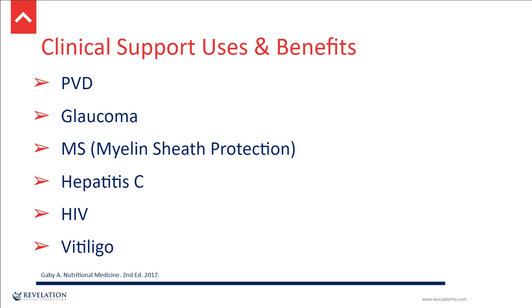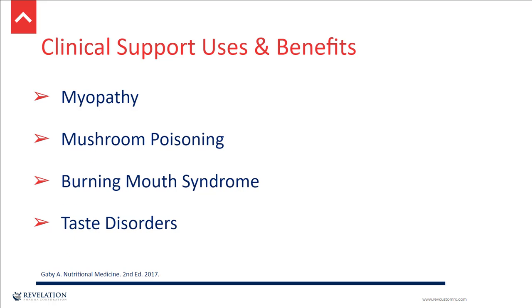So from PVD, glaucoma, MS through myelin sheath protection, hepatitis C and general liver support, support for various ways in HIV. Then we've got myopathy because it can support so much in the tissues there. And it's even got strong use in certain types of mushroom poisoning that it's really shown a very strong clinical